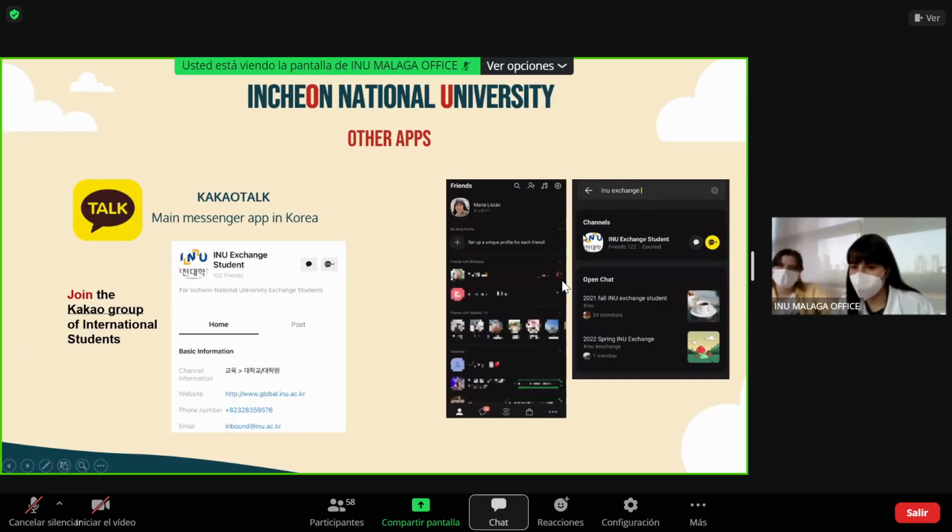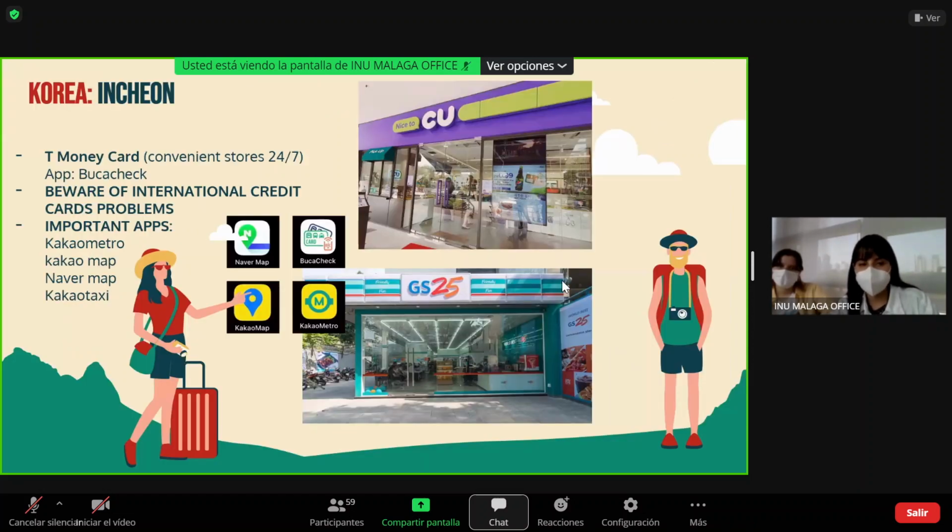channel. This will come out, and if you just click on add the channel, you can directly contact the office every time you need, one by one, and individually. You don't have to come to the office by yourself. You can just ask them through Kakao. And yeah, you can communicate with friends, with professors. Mostly we do the communication through KakaoTalk.